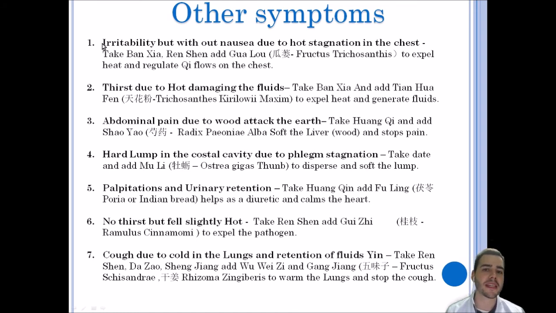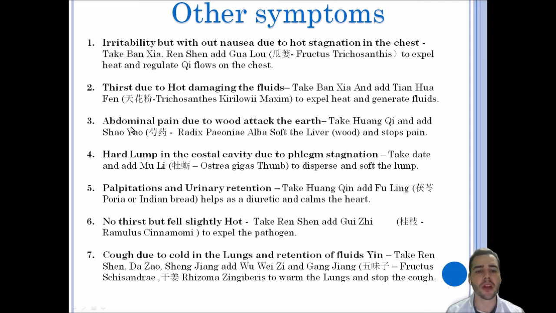So if the patient presents irritability, okay, we can use Gualo. Here we have the English name. Also, if the patient presents thirst, we usually use Tianhuafen, okay? So in this case, we are going to expel the heat. Remember, there is heat inside. So if the heat is too much, we are going to use Tianhuafen to generate more fluids inside,